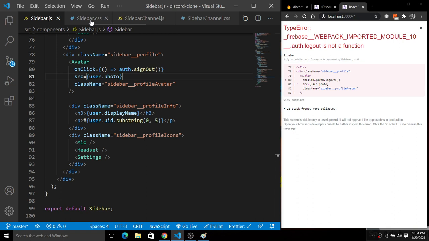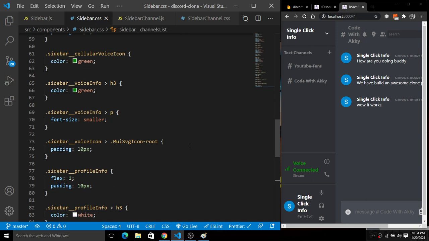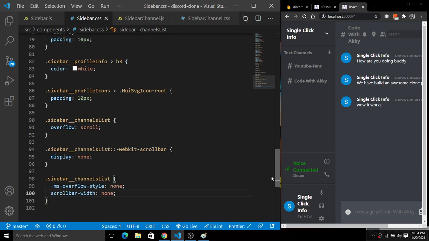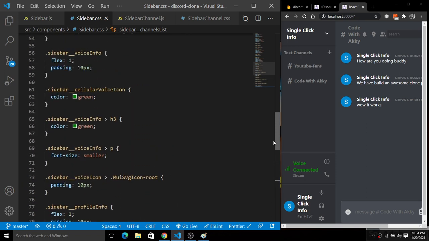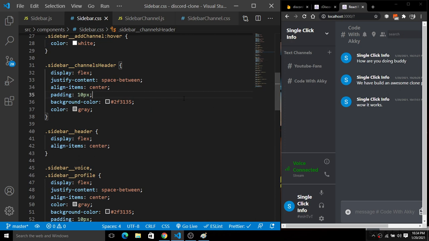Let's go to the sidebar.css, and here we have this profile avatar. I think we don't have this profile avatar. Let me find it first of all.